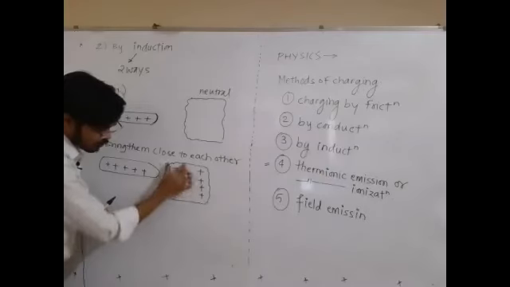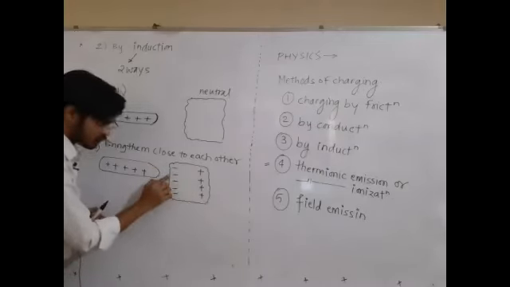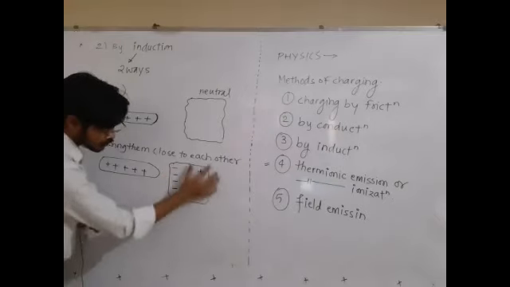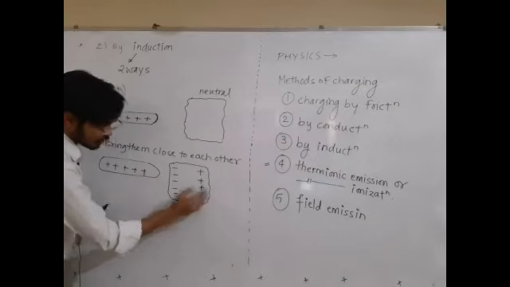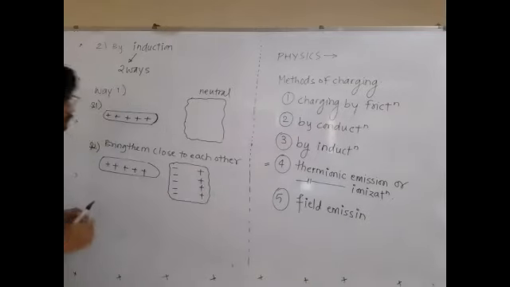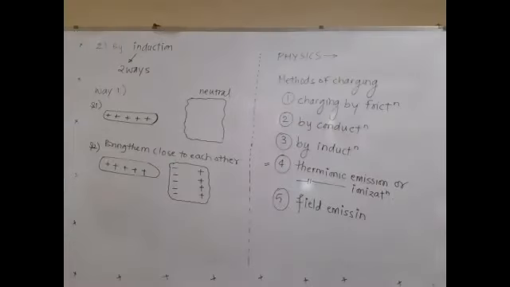This region contains more number of electrons than the protons. Electrons more, charge negative. This region contains less number of electrons, so proton count is more. So this region becomes positively charged. Up to this, is that clear? Reply me in the chat box, small c, small n. Electron density will move. Okay, you can use that word. Electron density will move. Yes. Up to this, is that clear?